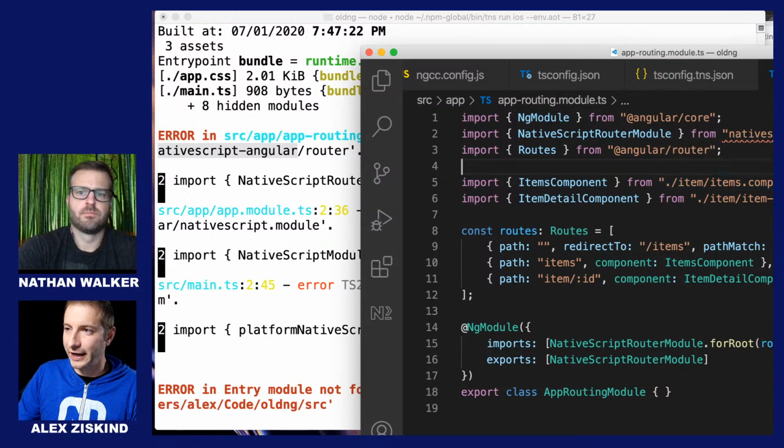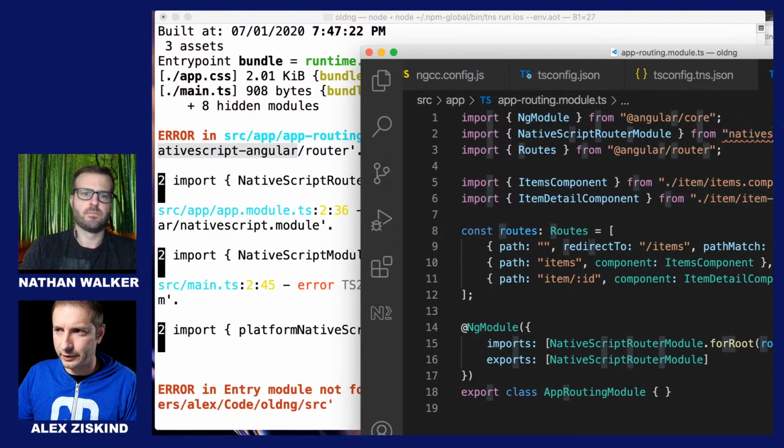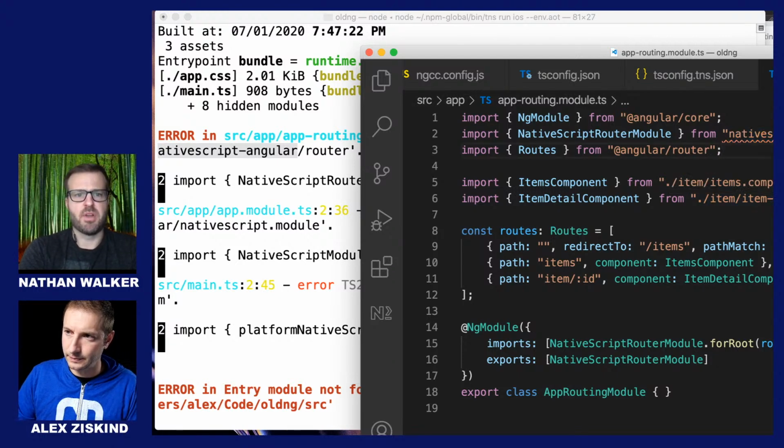Right here, I was looking right at it, but I didn't see it. So NativeScript Angular is the old package. We need to replace that. But I think that's not a straight up replacement, right, Nathan? Because we are going to target the root level package and not... Yeah, I would go by each one of those there, the app routing module, open that up